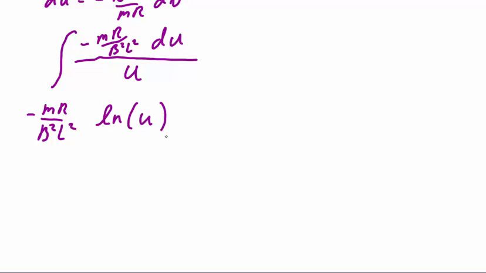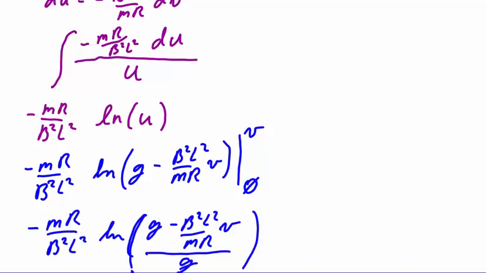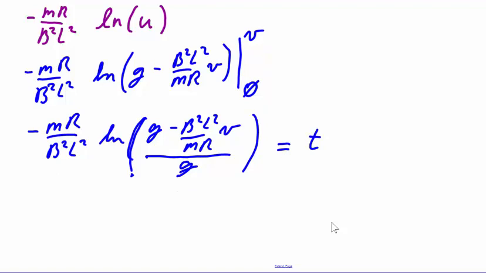Now that the integration is complete, we'll substitute away u to be in terms of our original variable v, or velocity. Because velocity is the variable in which we know the limits will go from 0 in the beginning to v at the end. Plugging in these two values and recognizing that the difference in logs is the log of the ratio, we have our result for the left-hand side of the integral, and we remember that the right-hand side was somewhat simpler and integrated merely to t. On your own, you should solve this equation for v,